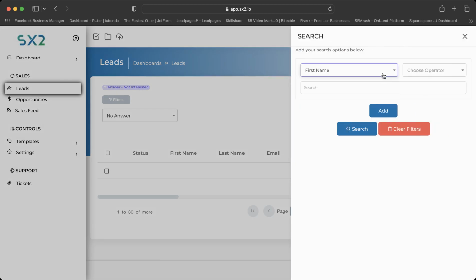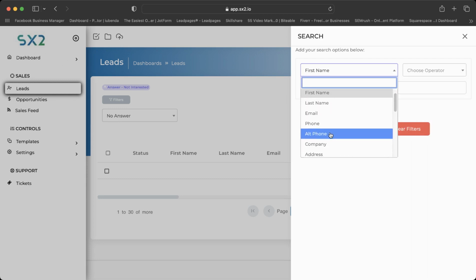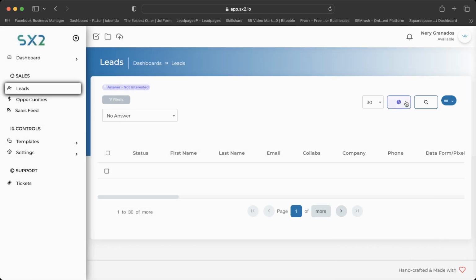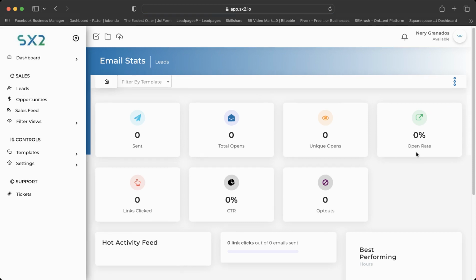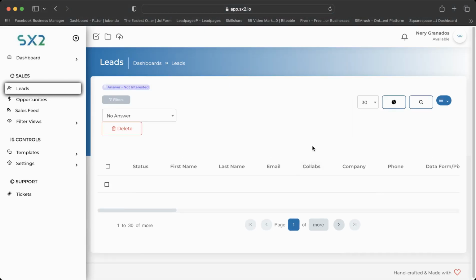You can also look for people based on their name, last name, email, phone number, alt phone, company. All those things are there for you to search as well. This is not really functional yet, but you will be able to have integrations. That's pretty much everything here on the lead. We'll talk about